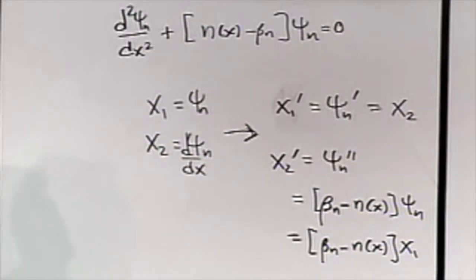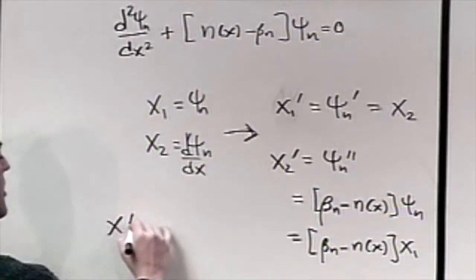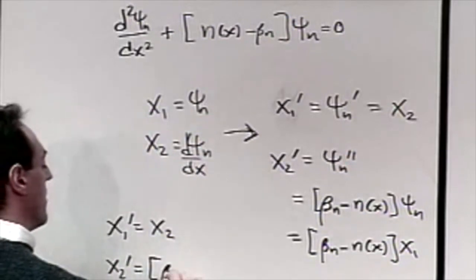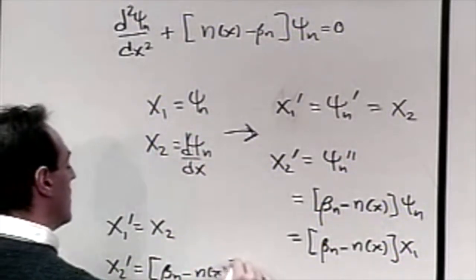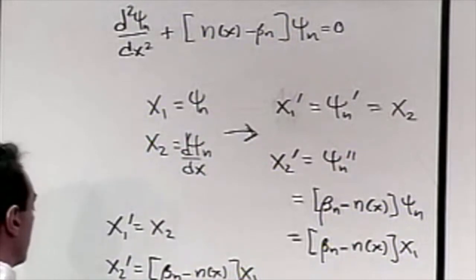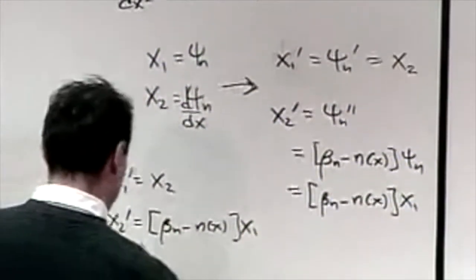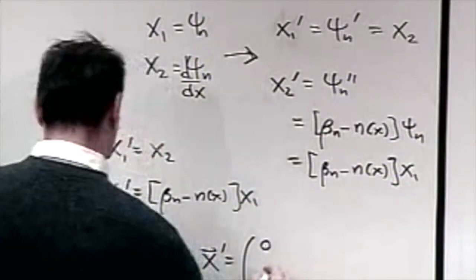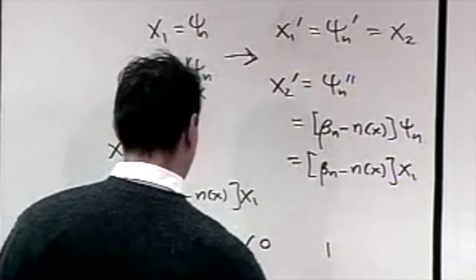So in total, what you have is x1 prime is equal to x2, x2 prime is equal to beta of n minus n of x, x1. Two first-order differential equations. Now, if I let the vector x be x1, x2, then what I find is my differential equation is x prime is equal to 0, 1,